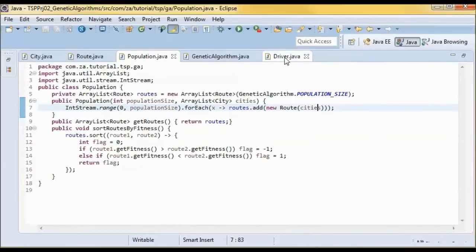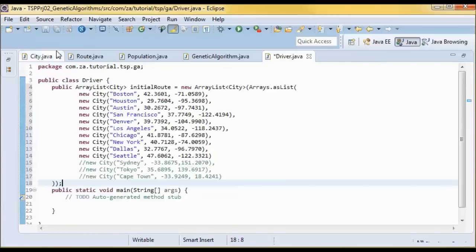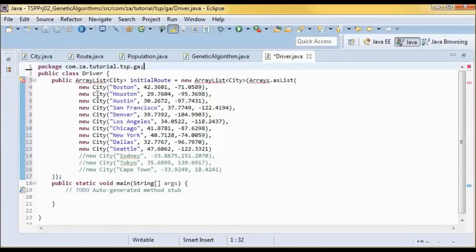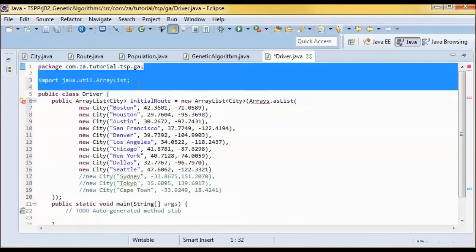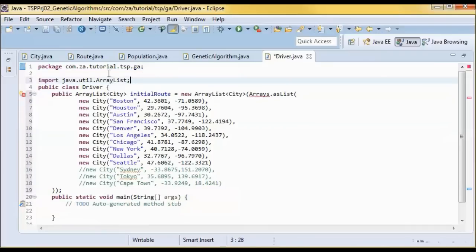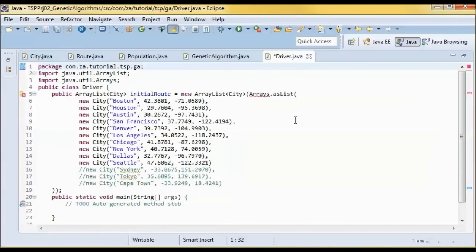Now going to the driver class, we define this array list initial route, so it contains cities with their latitude and longitude.